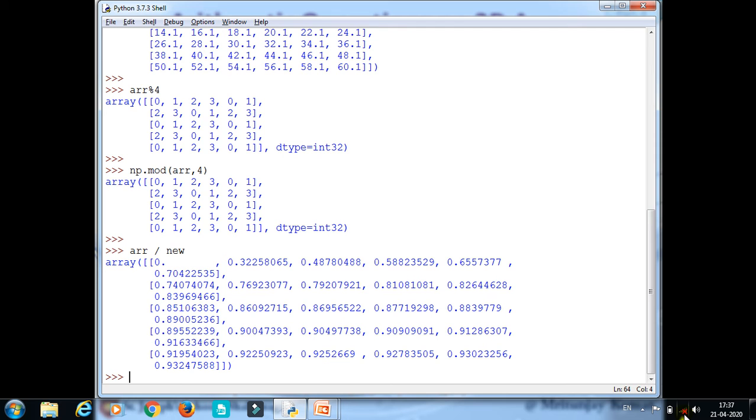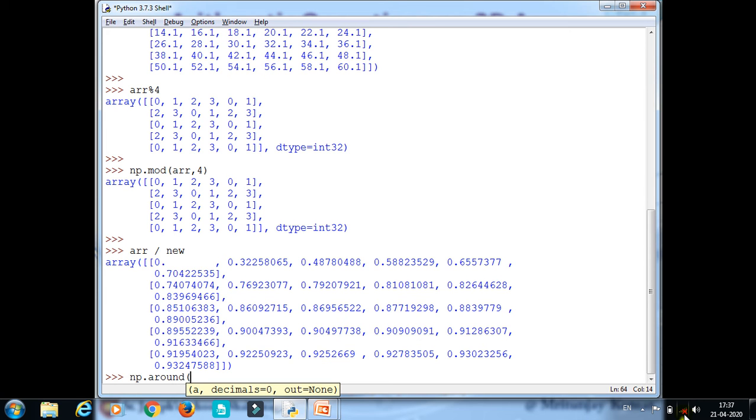Okay. Now here I have to round it also. How can we round it? So let us see. For example, I am writing np dot around, in a bracket I am writing arr, the same thing.